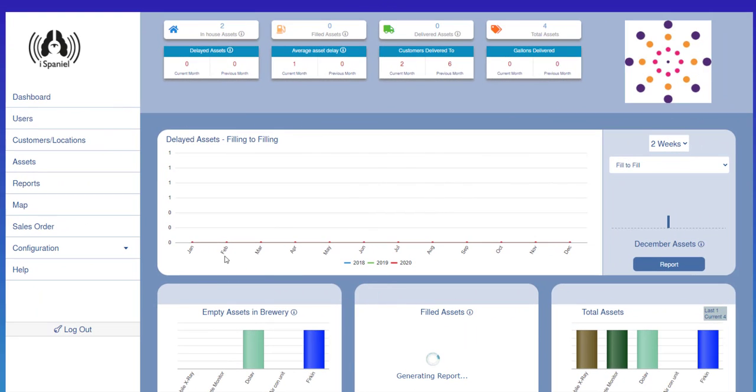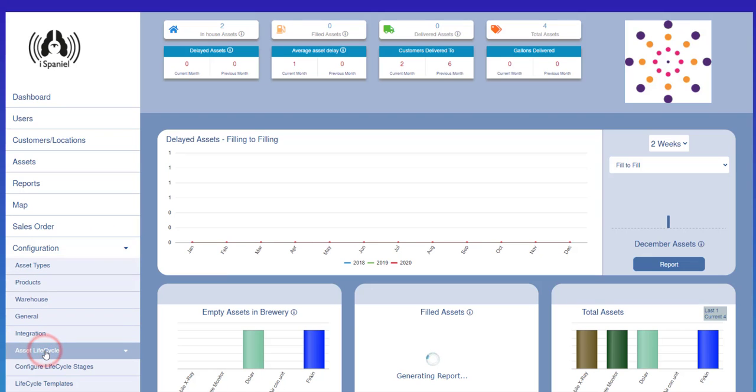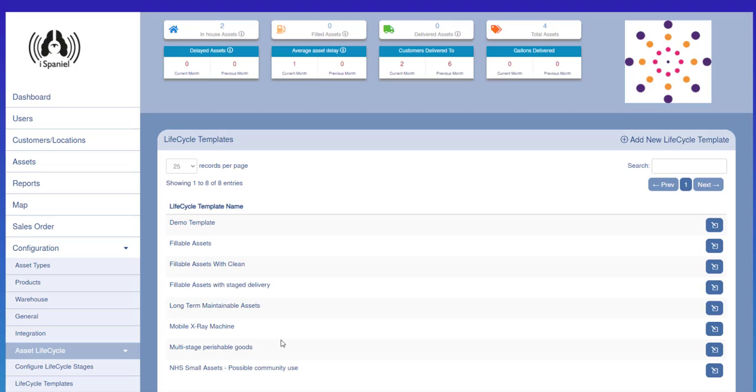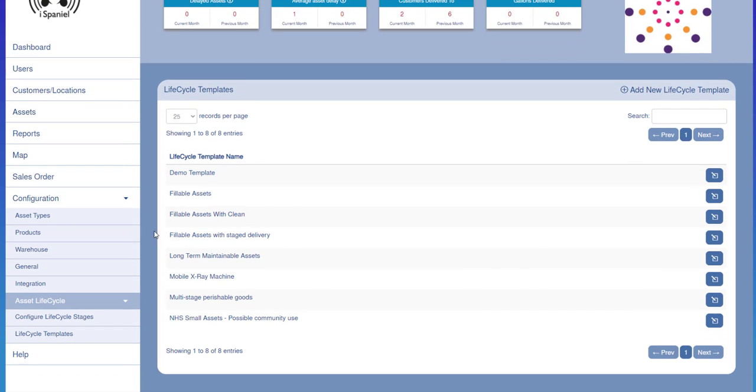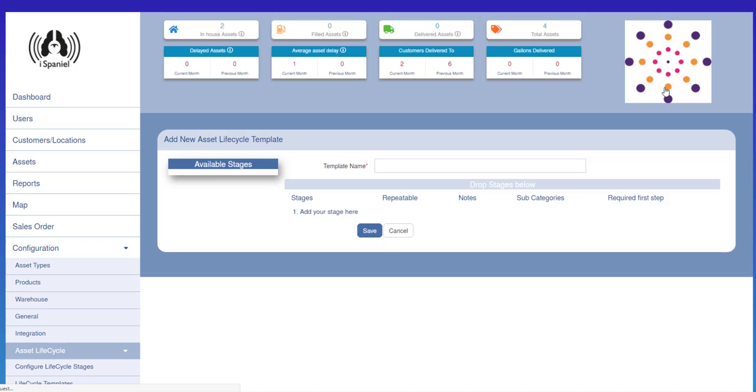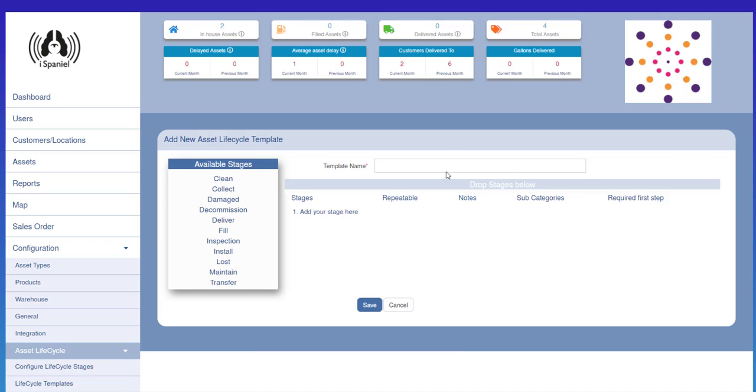Okay, so we've logged into the iSpaniel portal as a user with admin rights, and we click on Configuration, Asset Lifecycle, and then Lifecycle Templates. So this loads up the iSpaniel lifecycle templates. So we have the templates that we've already configured in the system, and if we want to add a new one, we just click on Add New Lifecycle Template, give it a name,